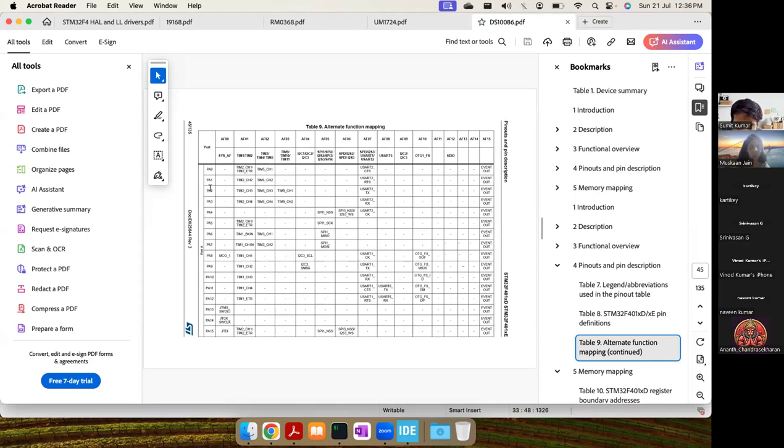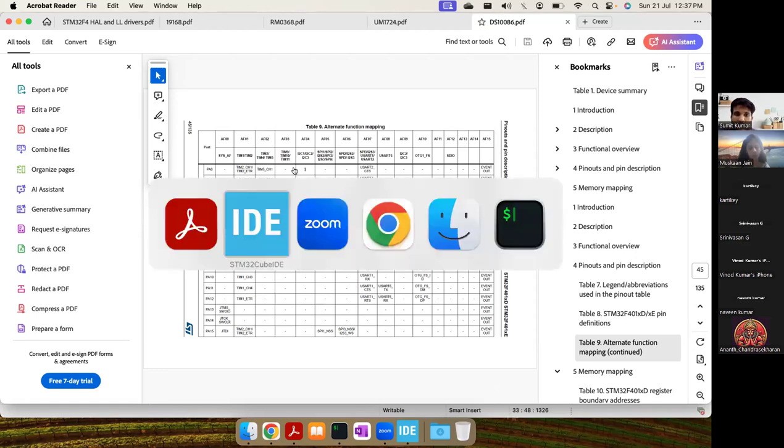In PA2, you can see it can be configured as timer 2 channel 3, timer 5 channel 3, timer 9 channel 1, and as a USART2 transmitter. So we know this pin, we can configure it as a USART2 transmitter. We want to keep that in mind. And PA3 can be configured as USART2 RX. So coming back to our code,